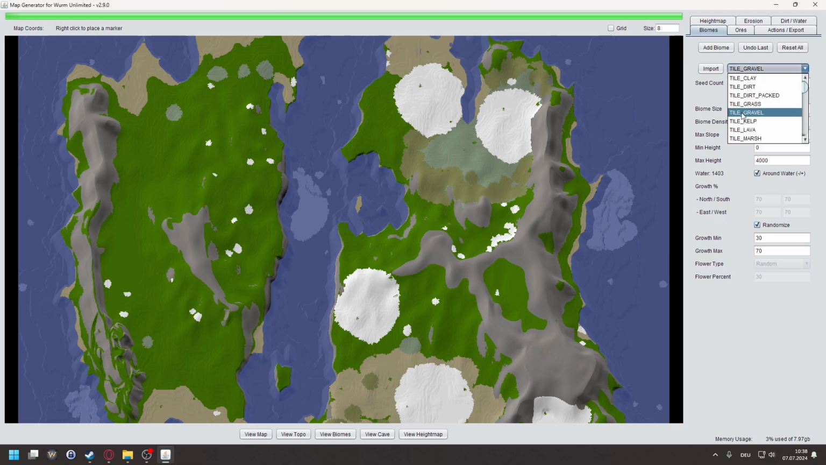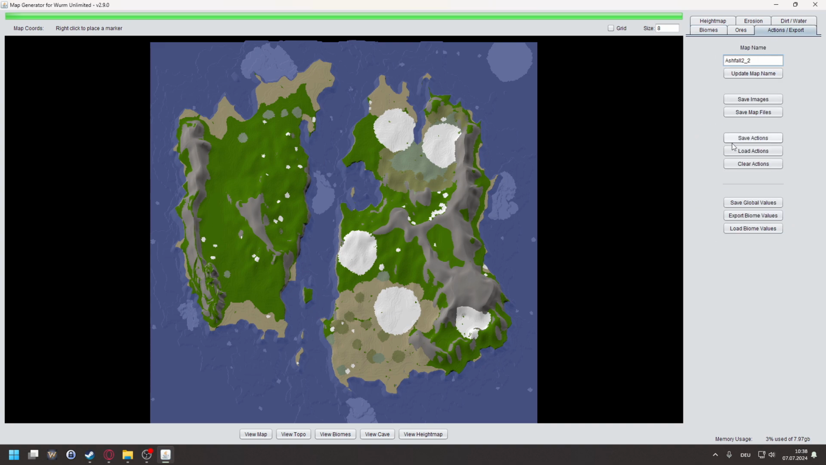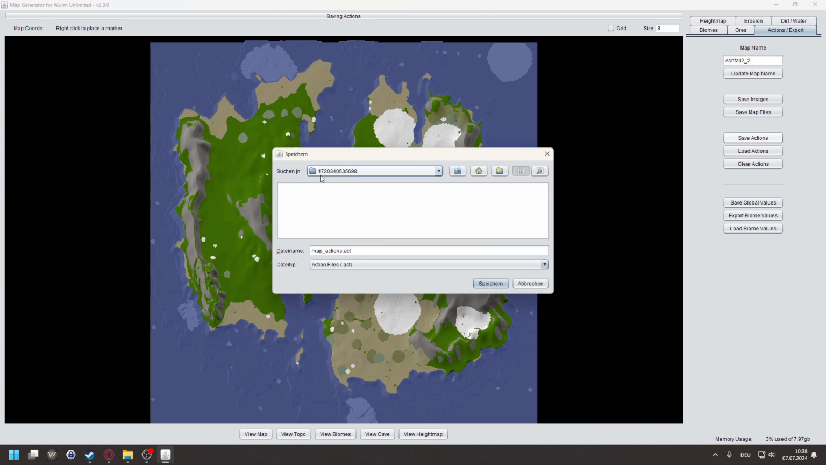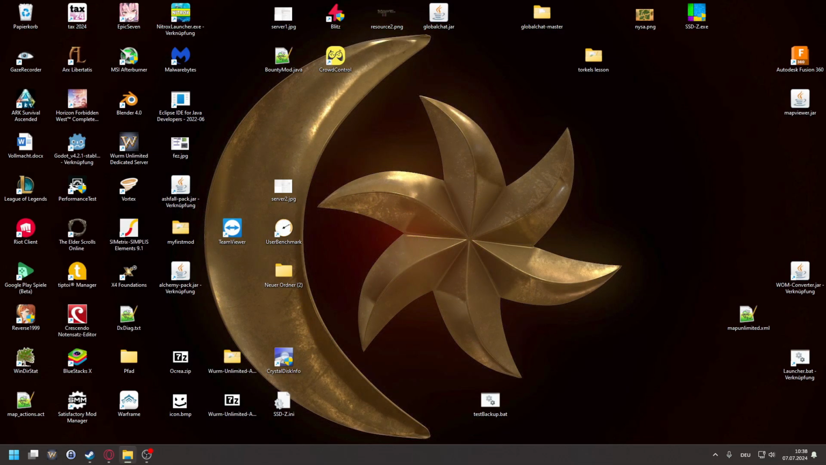Gravel. Gravel is like a road type, so I don't really place those. And then once I'm happy with my biomes, I'm going to export my actions. I'm going to export it to this new map file just so we can see. And then this is what I keep working with. So we close that down